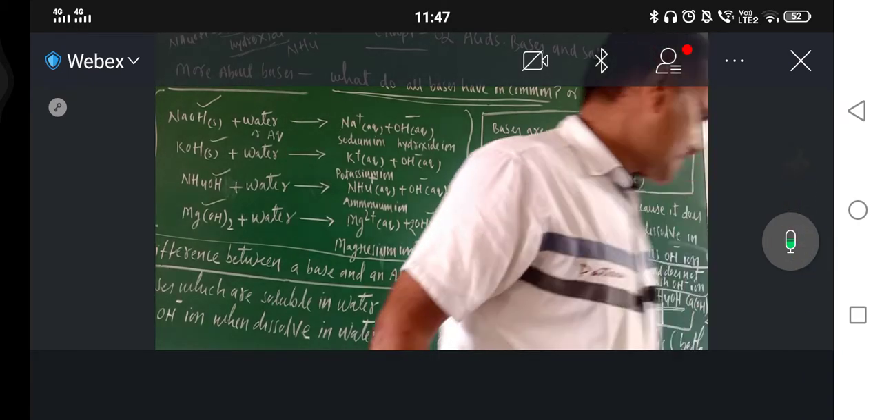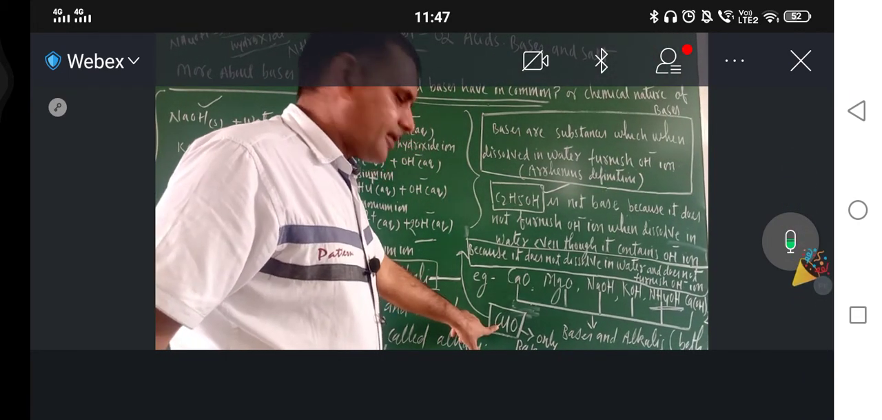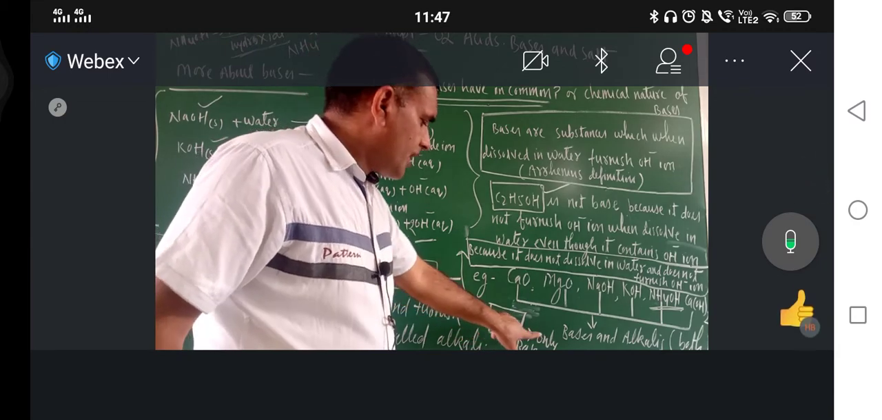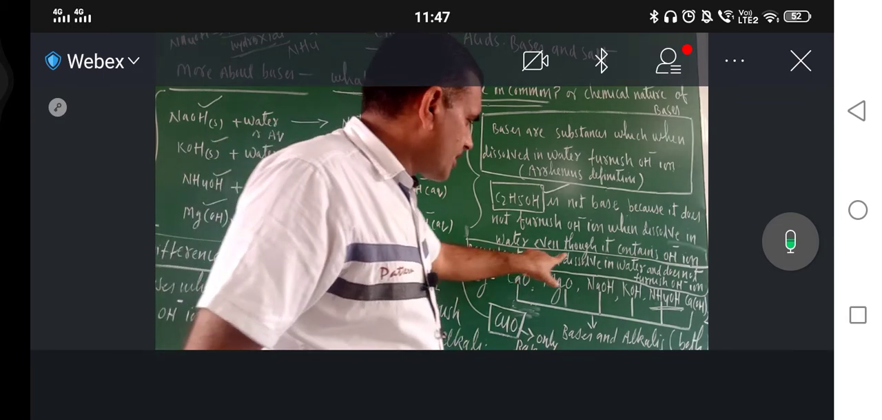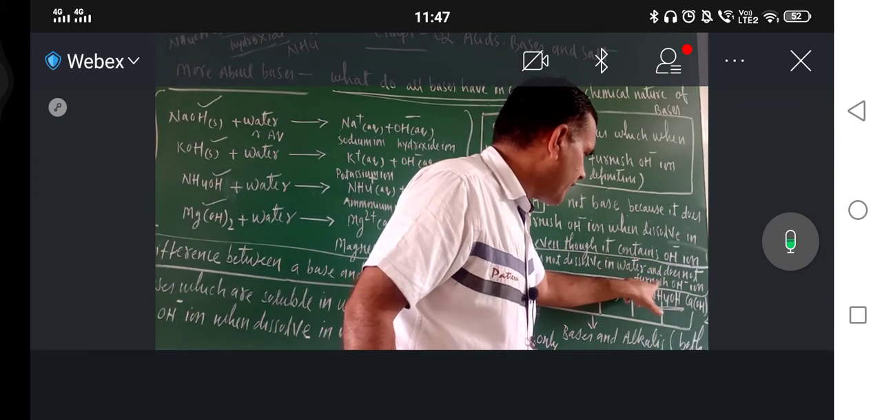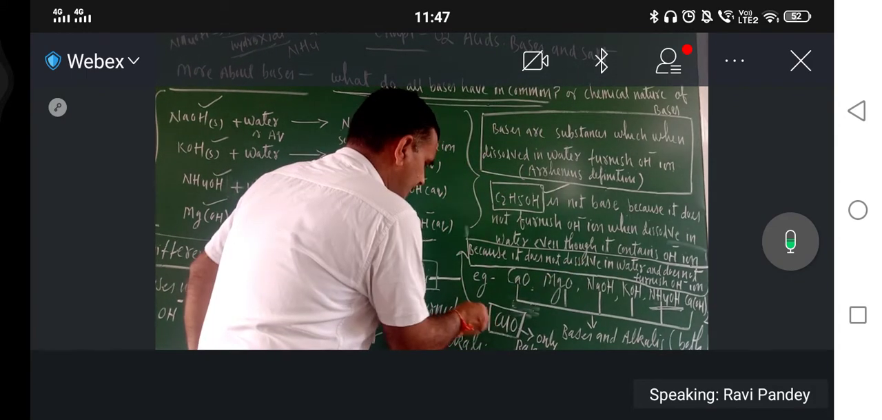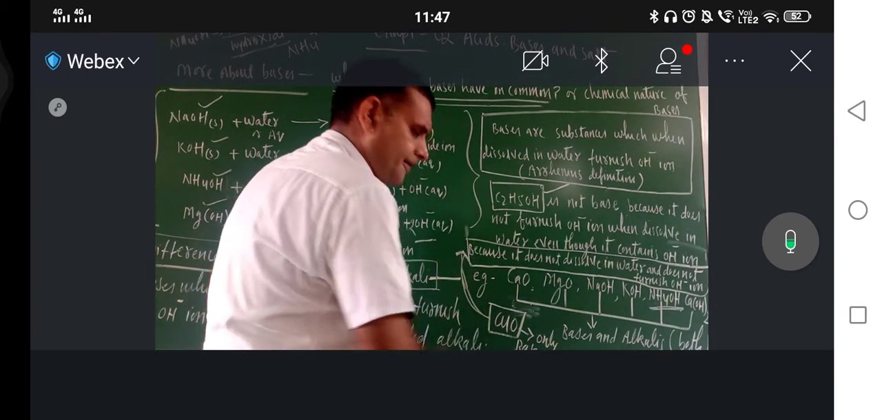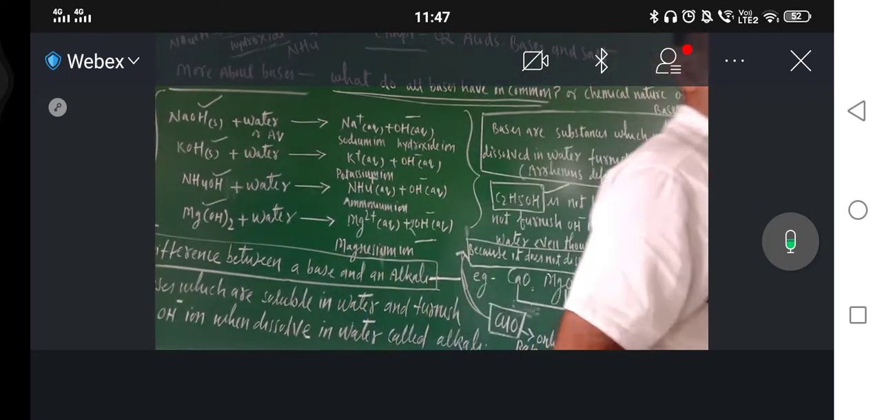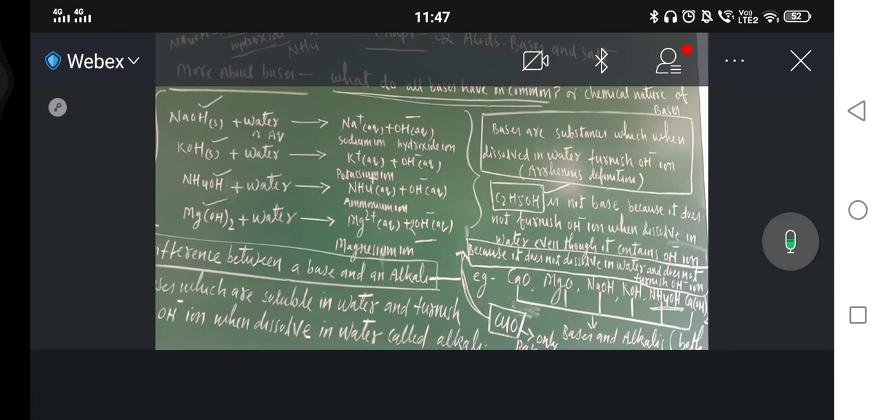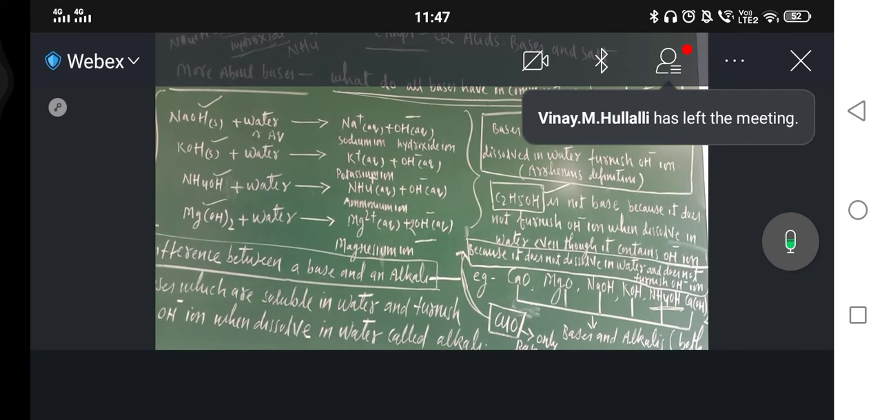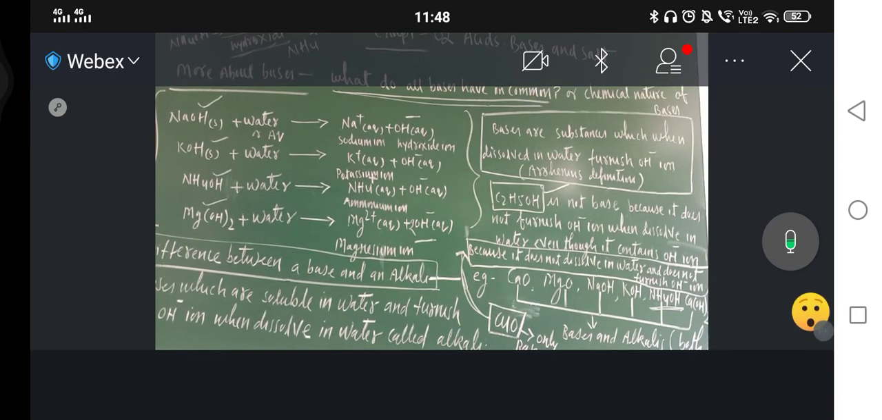Now see here. Copper oxide, CuO, is only a base. Why? Because it does not dissolve in water and does not furnish OH negative ions. Please note down in this way. Copper oxide is a metallic oxide, so it is a base, but it is not an alkali because it does not dissolve in water and does not furnish OH negative ions. So water soluble bases are called